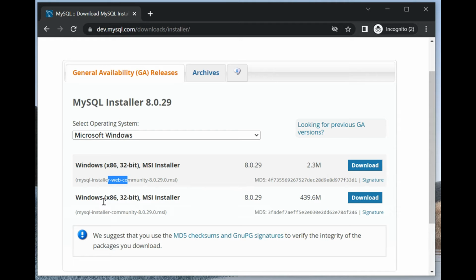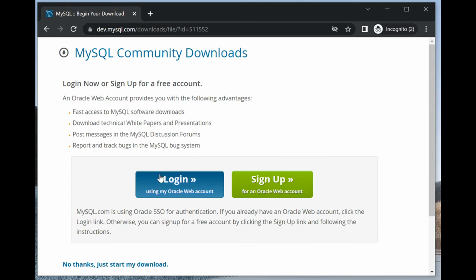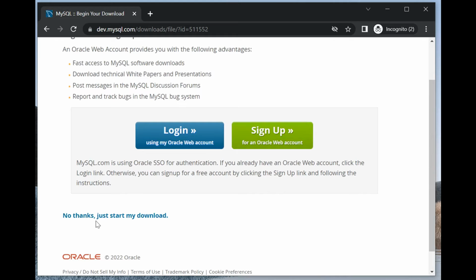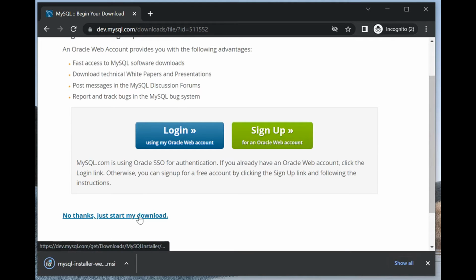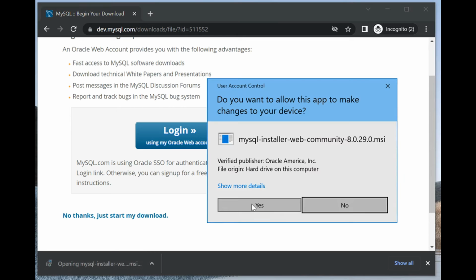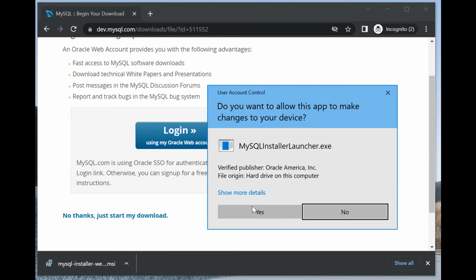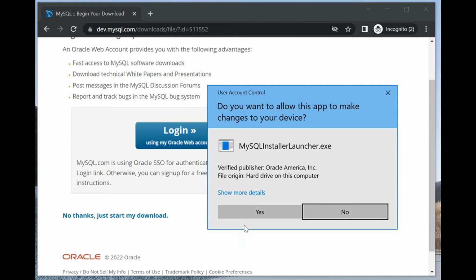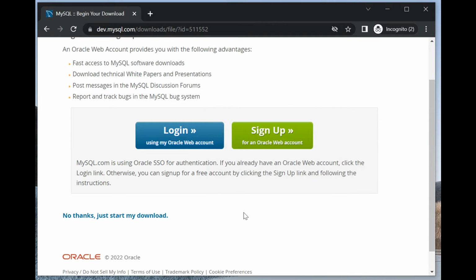We can install from offline. We select download the web version and skip login, sign up, drag to the bottom, and click no thanks, just start my download. Okay, the installer is downloaded. Then we click this one and click yes, allow to make changes, still allow to make changes,